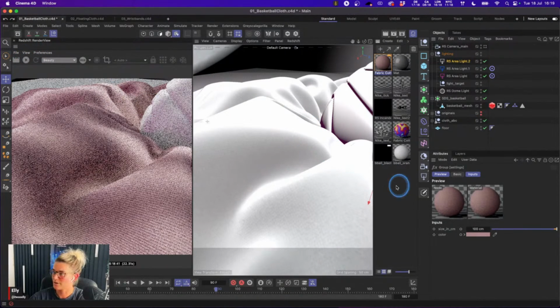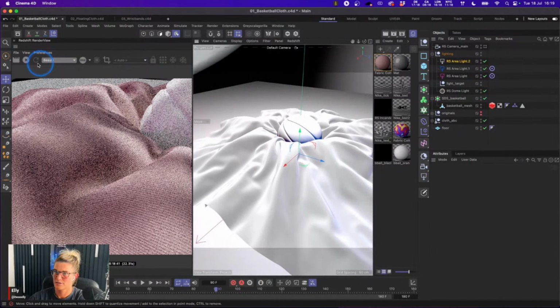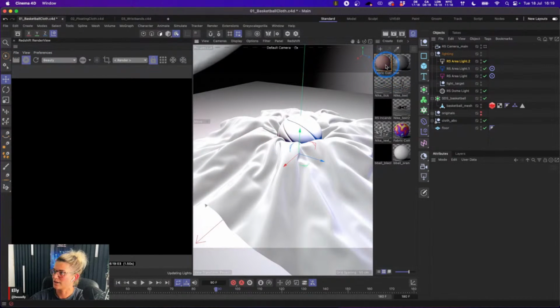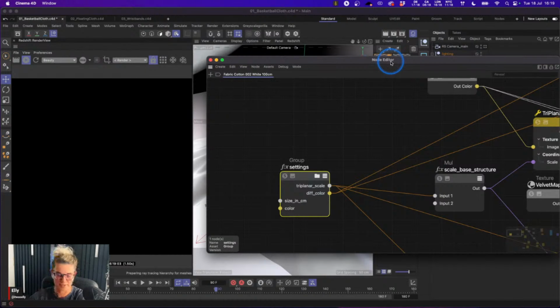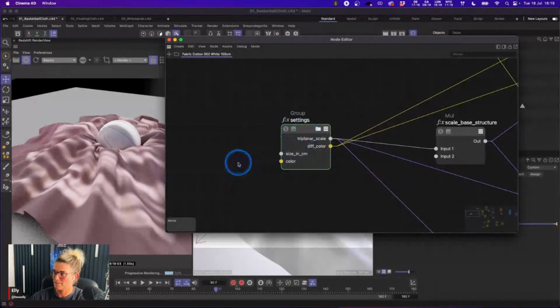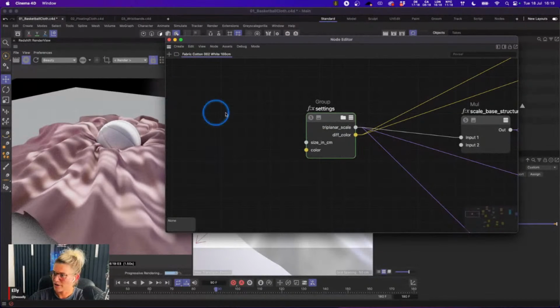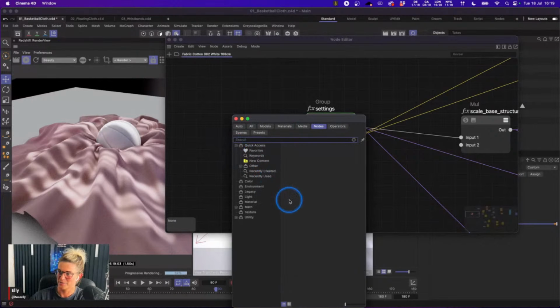Here we go. Let's come out of here. And let's double click and let's take a look at how we can then start to add a gradient to this. So the way gradients work inside of Redshift is if we double click, we actually don't have anything called a